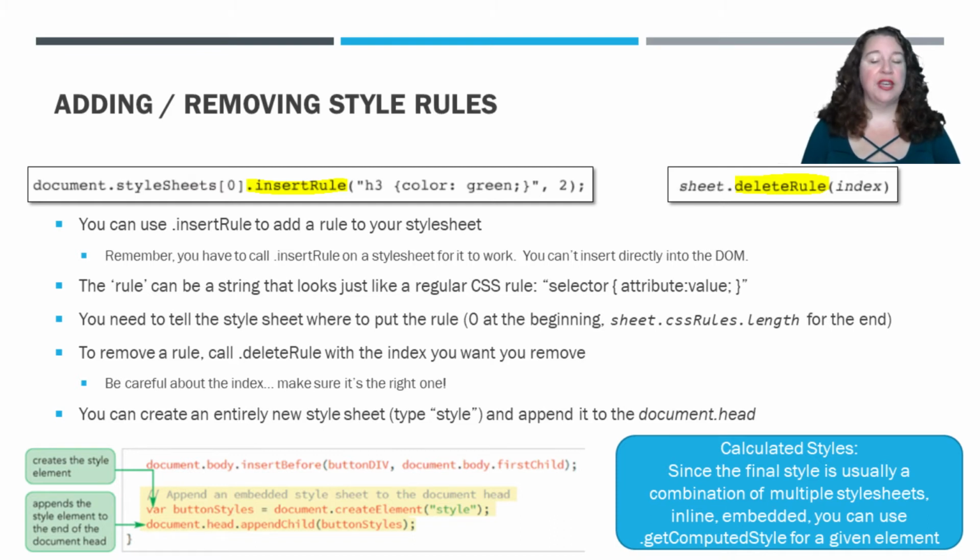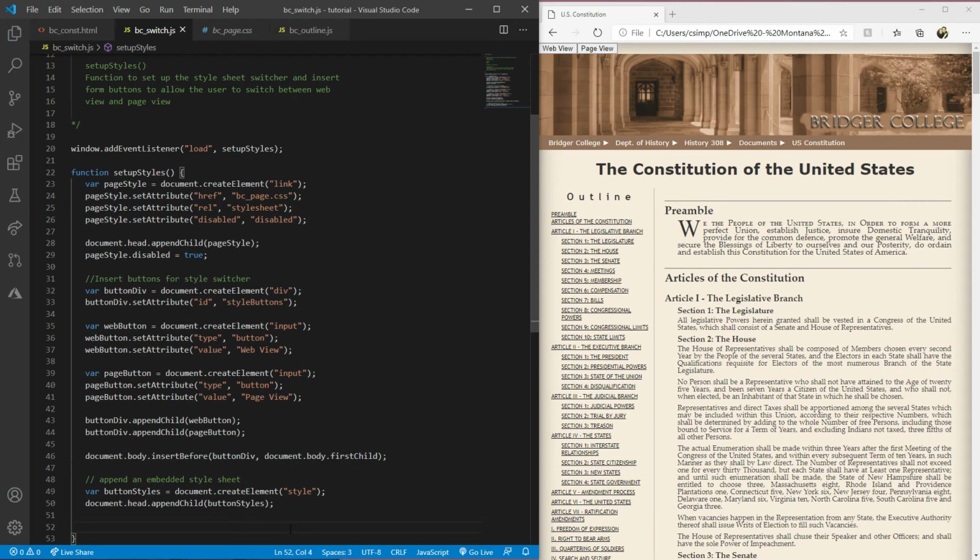They're the final style that can be multiple style sheets, inline, embedded, and you can use the get computed style for any element to get what the actual computed style is. We are going to add a style rule